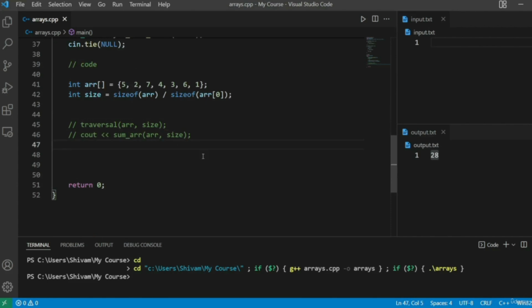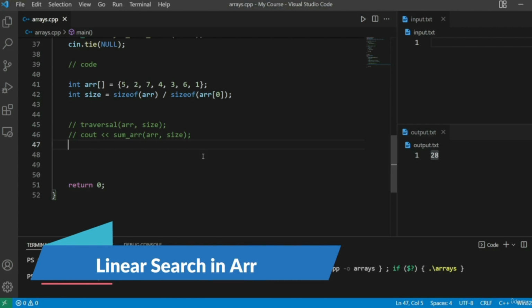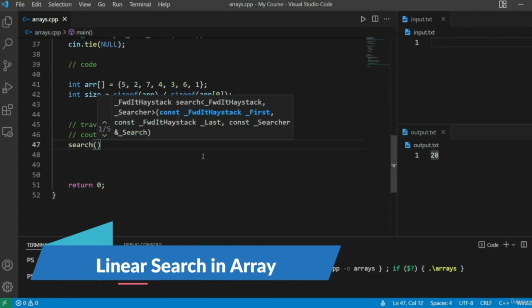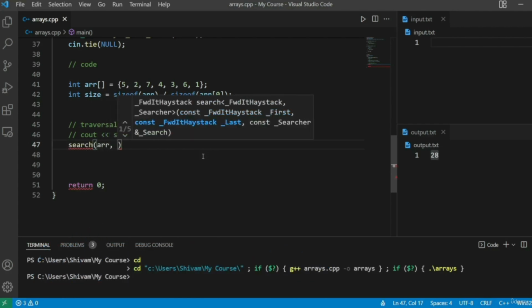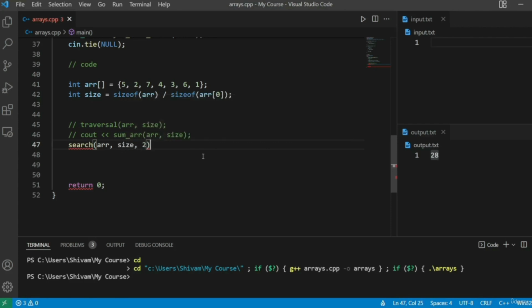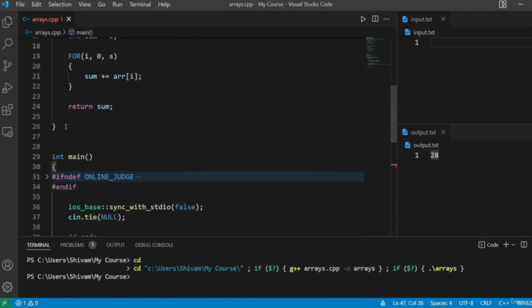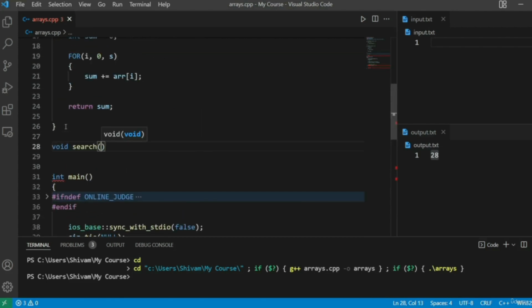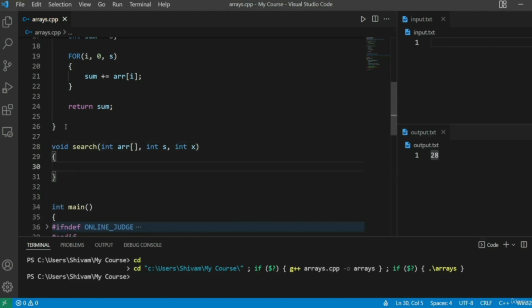Now let's discuss the third function, which is to search an element in an array. So we'll pass the array and size, and let's suppose we have to search for the element 2 in the array. We'll write the function definition. It will be a void function, as we have to only print the index at which the element is present. So we'll write arr as a formal parameter, int s for size again, and int x as a formal parameter for